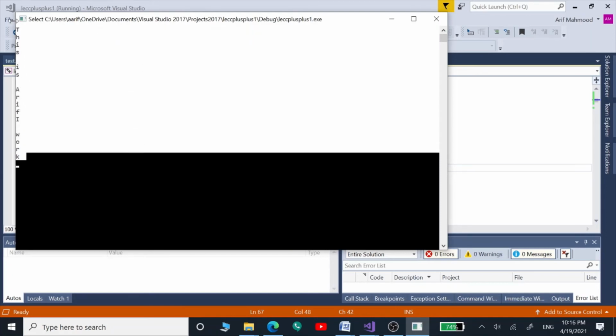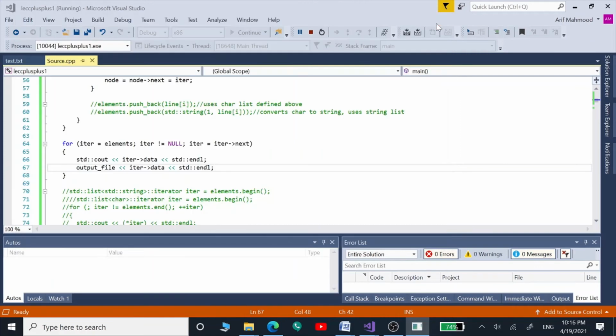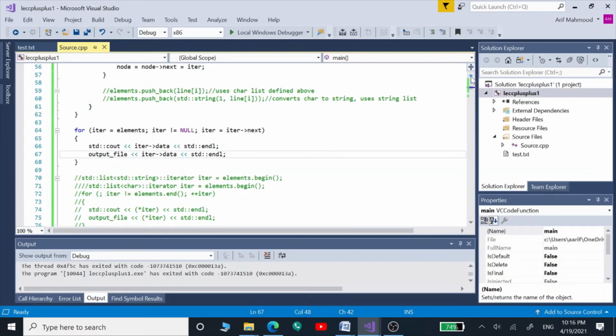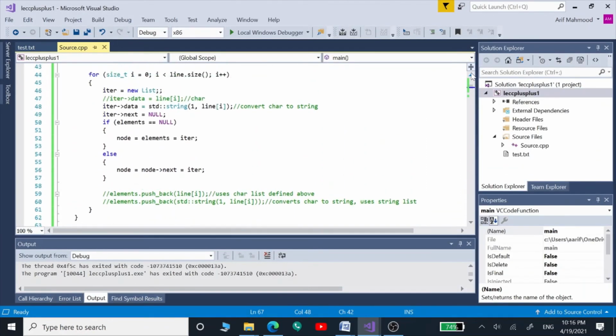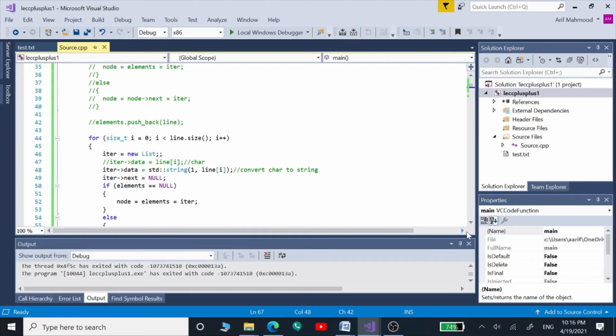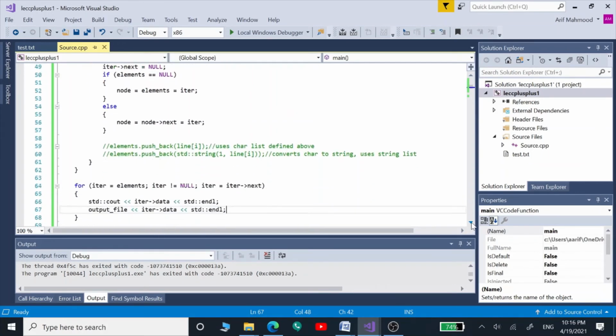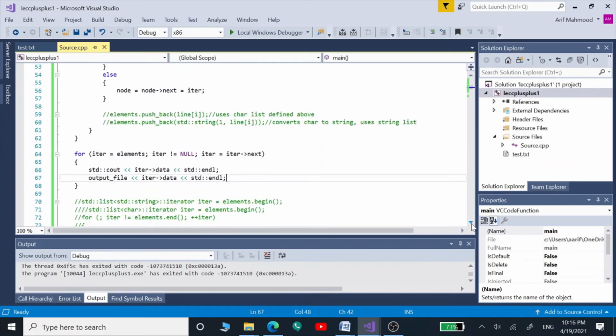These are no longer characters, although you can't see it here, but using that standard string function from the library, we have converted all those characters into strings. So this is the way we can convert our own defined lists of type string into lists of type characters.